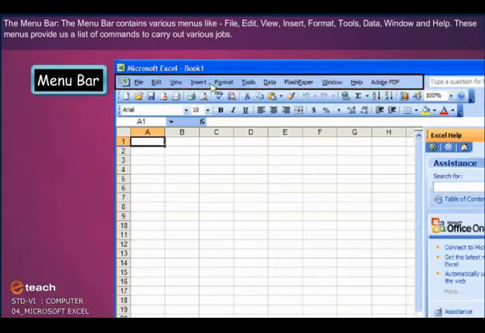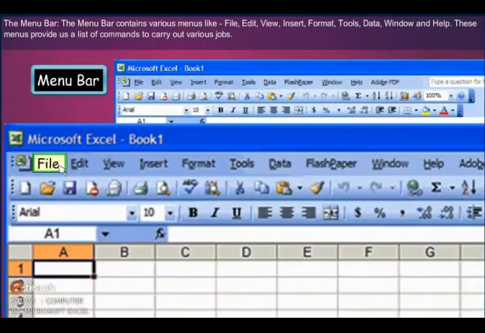The menu bar. The menu bar contains various menus like File, Edit, View, Insert, Format, Tools, Data, Window and Help. These menus provide us a list of commands to carry out various jobs.